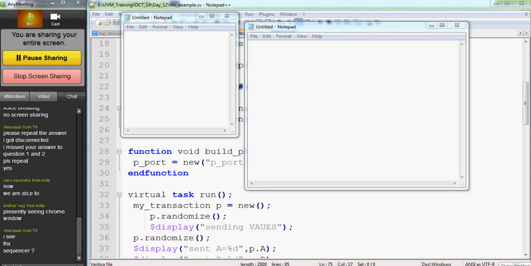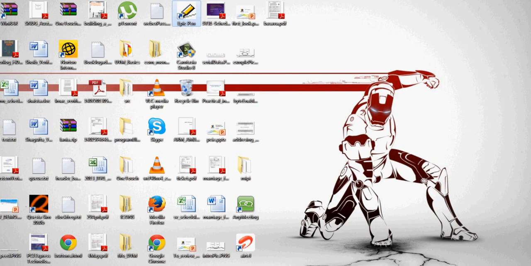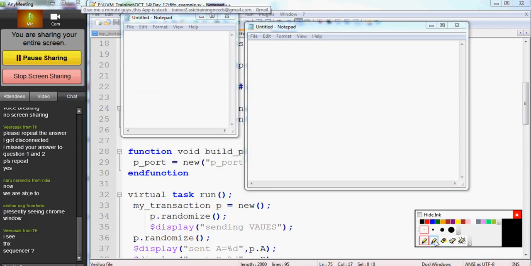Let me open my pencil tool. Again, the driver has two interfaces. What are those two different types of interfaces that a driver supports? On the RHS side, the driver has an instance of virtual interface